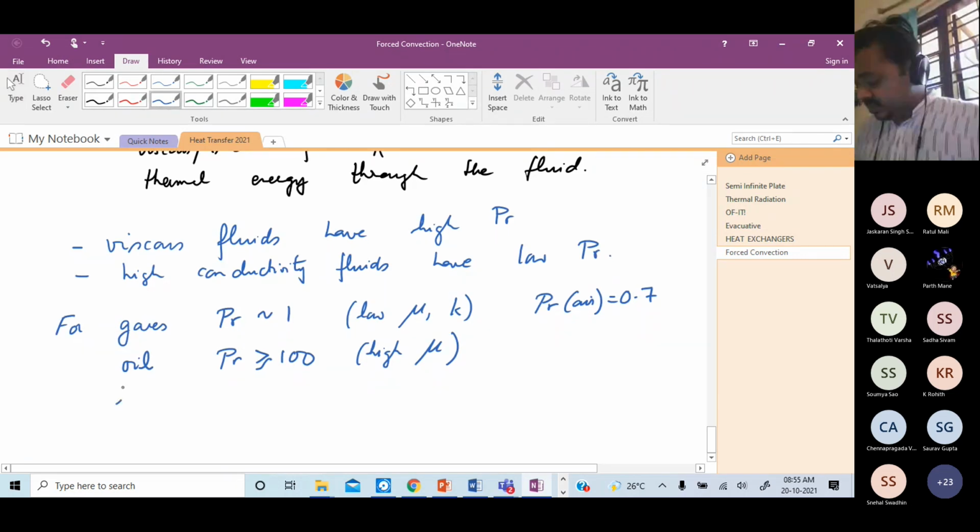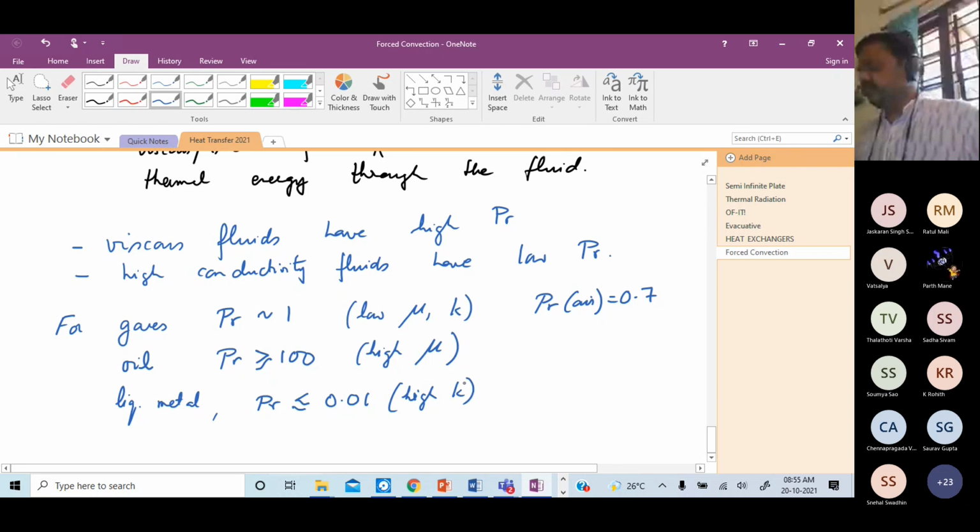Liquid metal, Prandtl number is like 0.01 or so because of very high thermal conductivity. This is like mercury, liquid sodium, potassium, etc. Okay. So Prandtl number of air is 0.7 and Prandtl number of water is 7